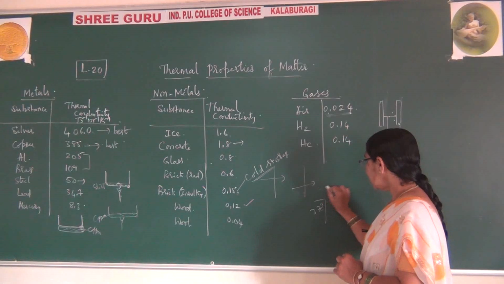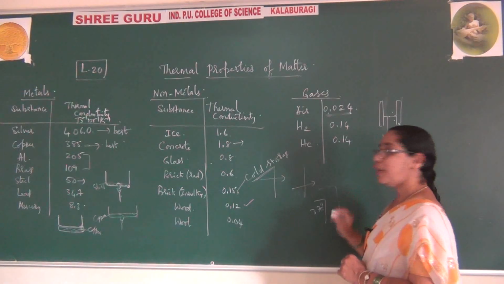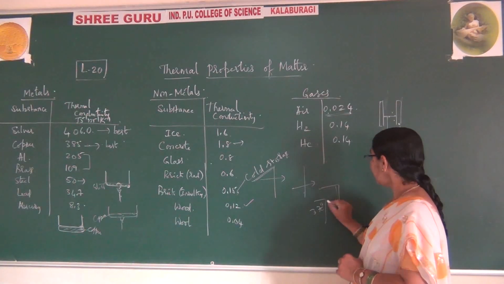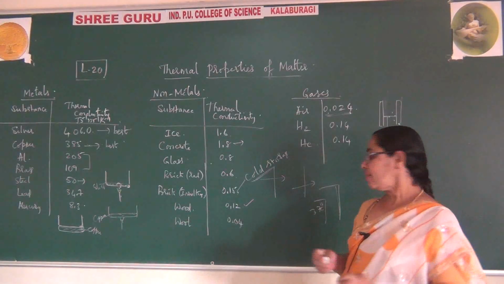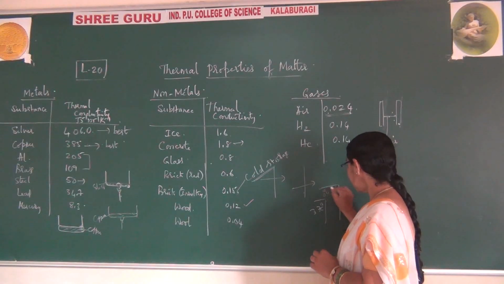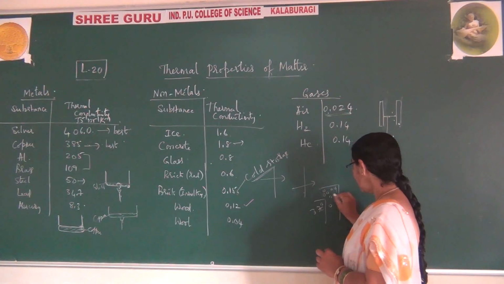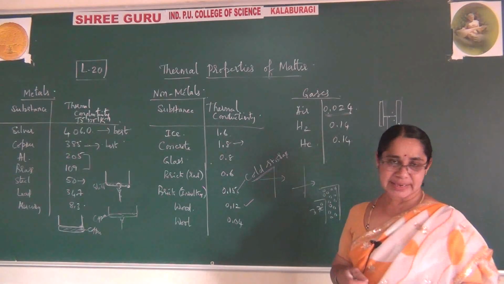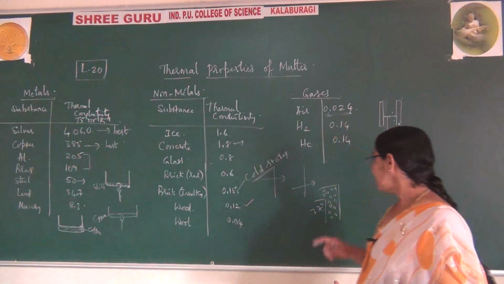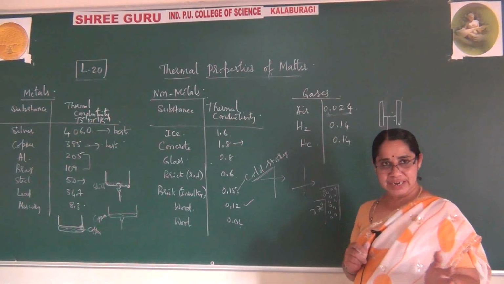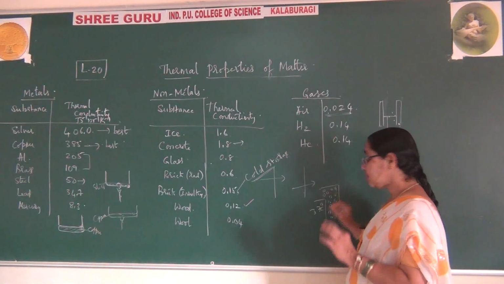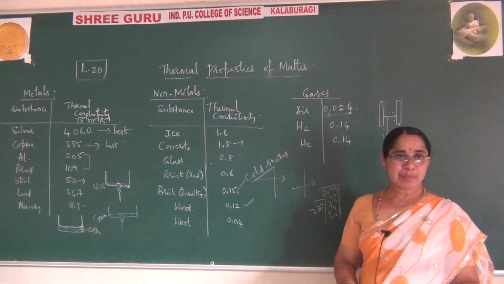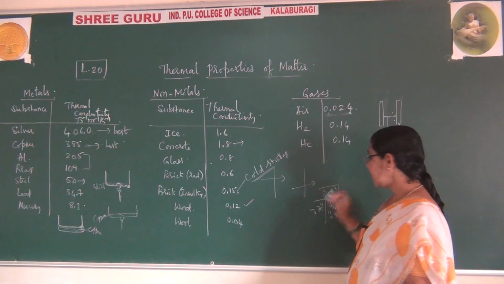So at that time, we prefer to use woolen sweaters. Woolen sweaters made up of wool will have small pores. Preferably for different layers, whatever thickness you require, you can use it. But preferably wool is a bad conductor of heat. Second point, there are small pores in it. Through the small pores, air will be entering into it. Air is also a bad conductor of heat. So wool is a bad conductor of heat.